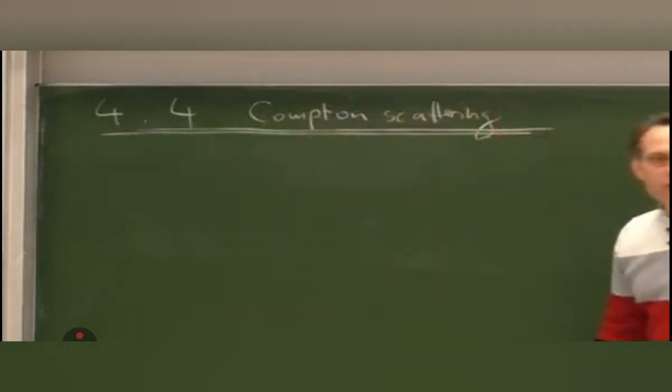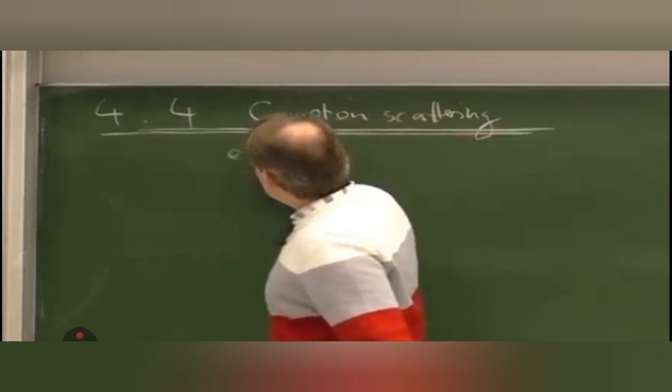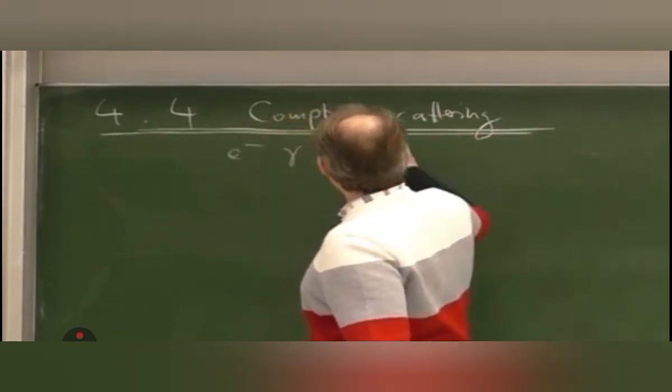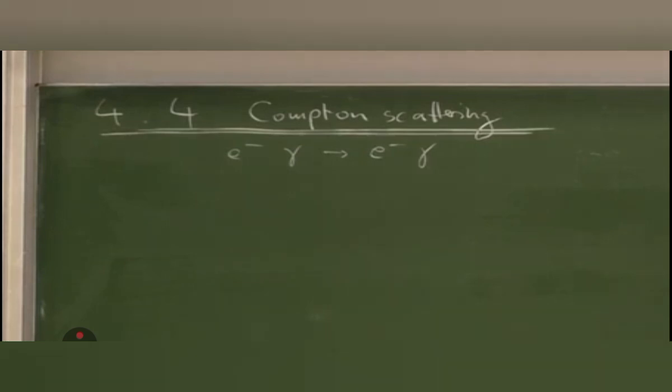Compton scattering. Yet another one of the classical QED processes where one can discuss a lot, both in physics and in quantum field theory. Compton scattering is the process e minus gamma to e minus gamma. So it's a process where we do not involve antiparticles. It's only electrons and photons. Therefore, it is a process that happens even in classical physics, which one can even discuss in classical electrodynamics without knowing anything about quantum mechanics or even quantum field theory.